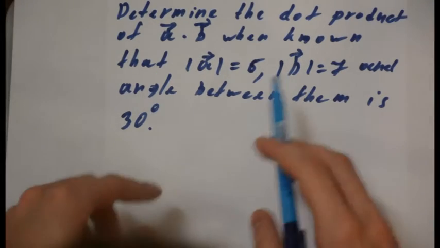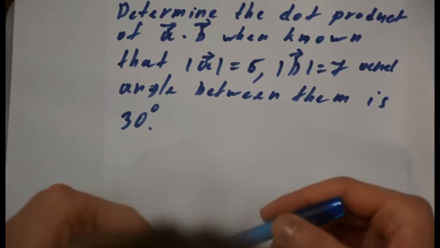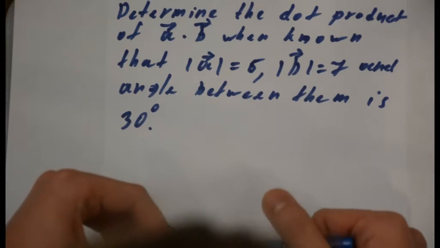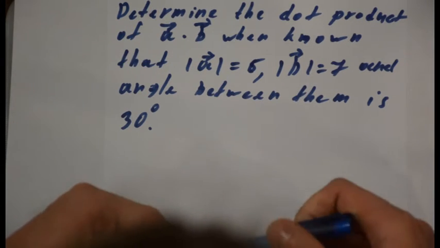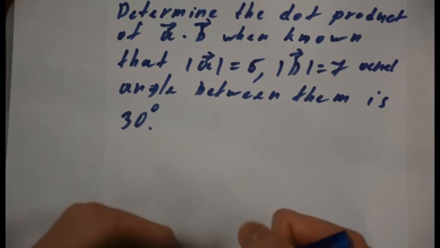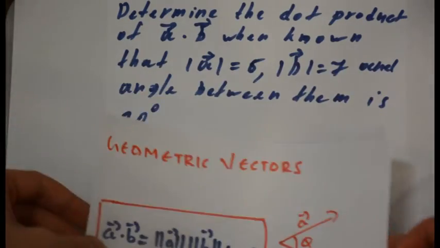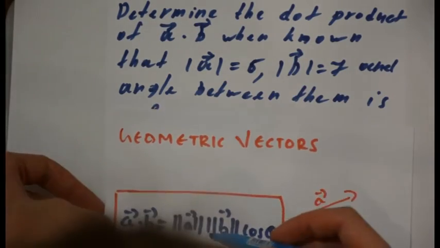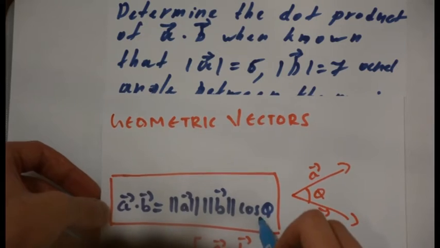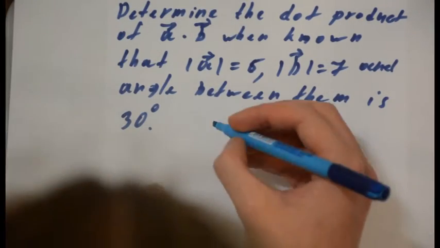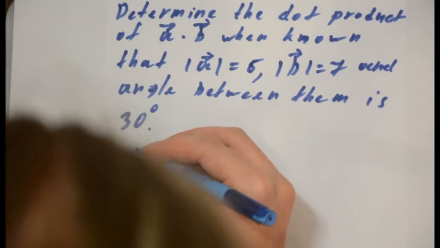Determine the dot product of A dot B when it is known that the magnitude of A is 6 and the magnitude of B is 7. The angle between them is 30. So we can bring in this formula, and as we see, we have all the values, and all we need is to substitute. So we substitute, and what we get is